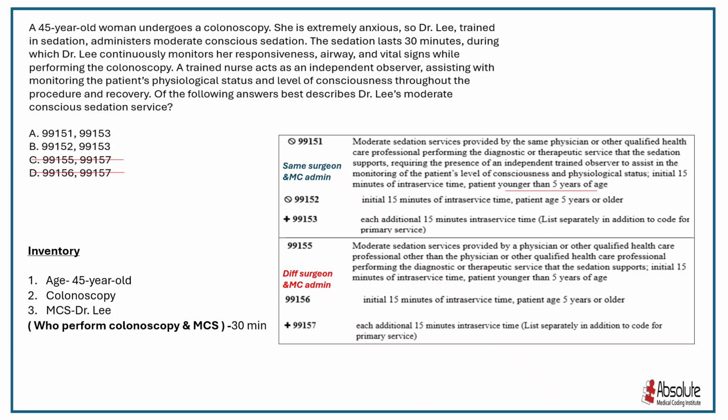And the age category is 5 years or older. Now it is time for us to check our inventory for the age of patient, and it is documented that the age of the patient was 45 years, and that would help us eliminate option A, and the correct answer would be option B,